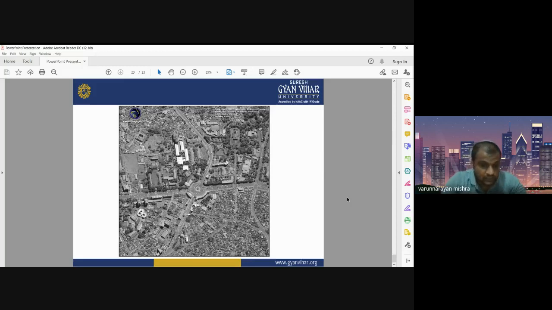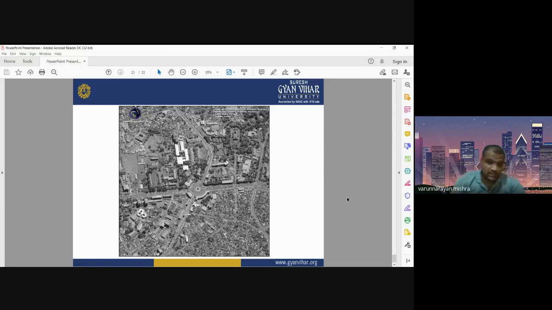India also has a very high resolution microwave sensor, that is RISAT-1 FRS mode. RISAT-1 FRS mode images will provide you the data up to 1 meter spatial resolution. So a lot of satellite images are available in the market for urban planning and urban management, so that you will have good details about the urban mapping.